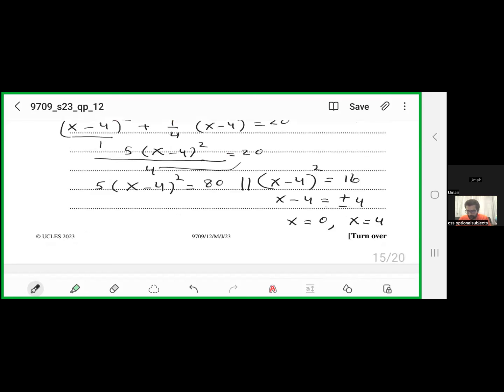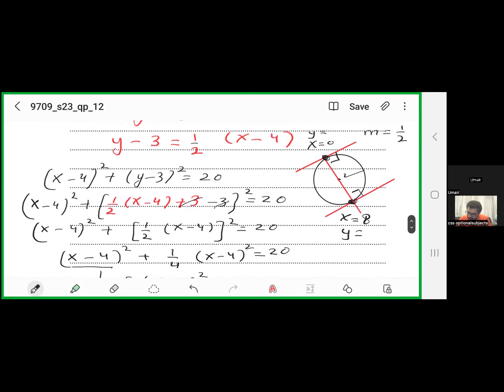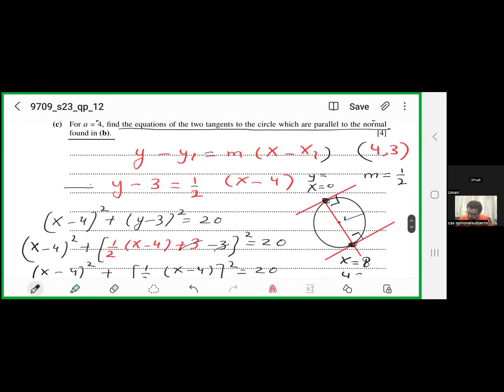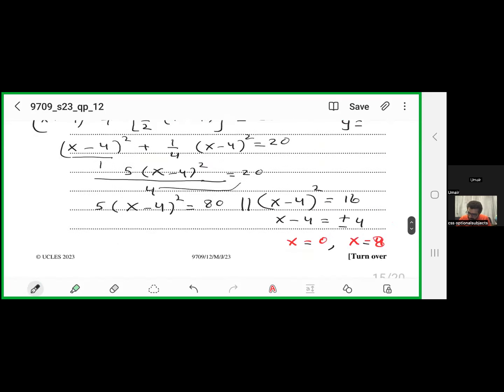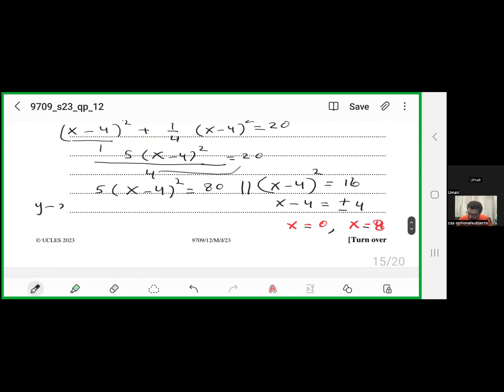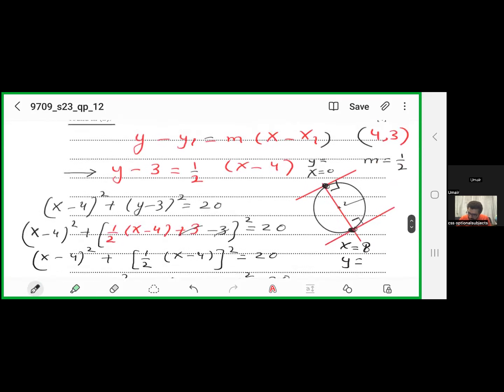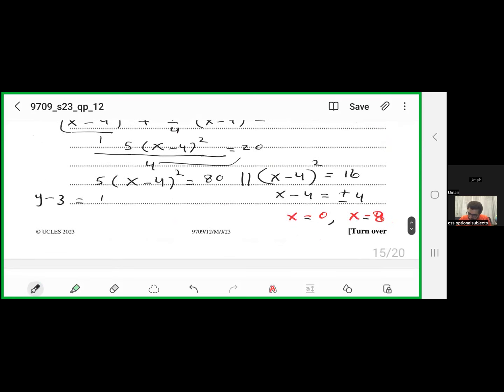This is 4 plus 4, that is equal to 8, sorry. Minus 4 plus 4 is 0, plus 4 plus 4 is 8. Okay, these are the two. Now finding the value of y, use this equation to find the value of y. y − 3 is equal to 1/2 (x − 4). Now when x is 0,